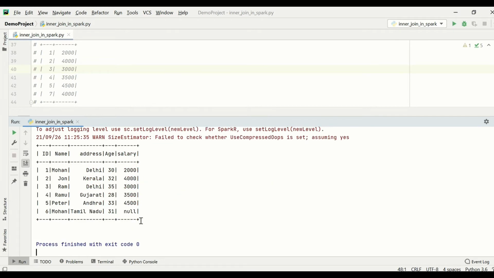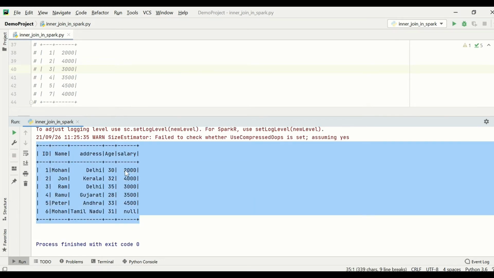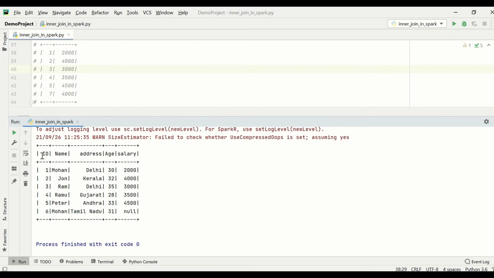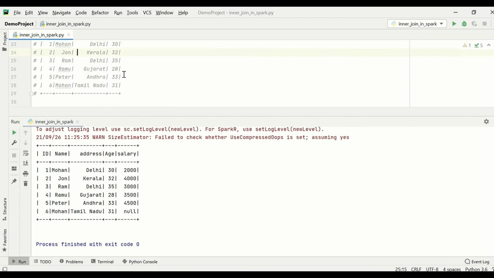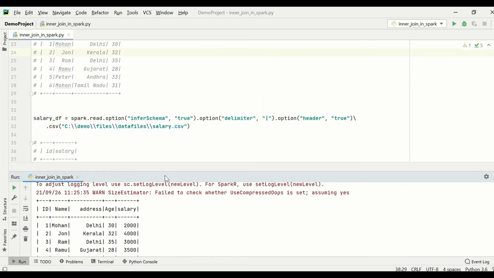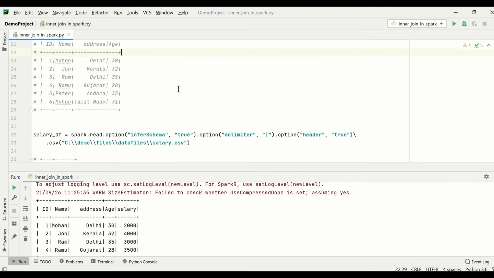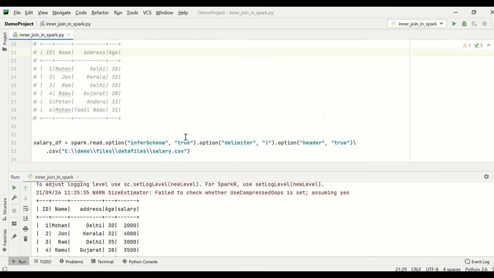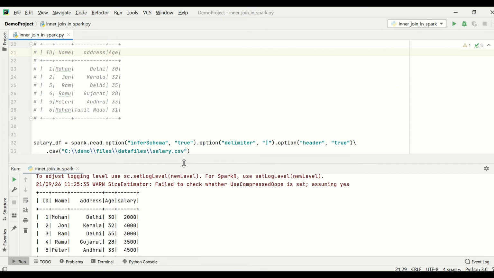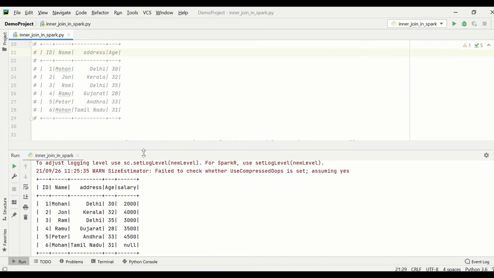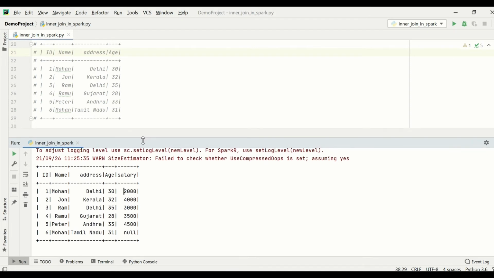So we got the output from the two data frames after combining, matched on the ID column. We got 1 2 3 4 5 6. The main concern of the left join is the left side data frame: it gets all the rows from the left data frame, and only the matching ones from the right data frame.